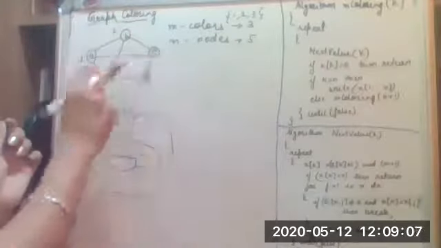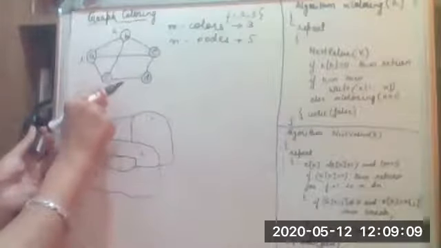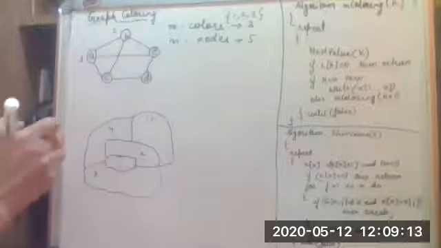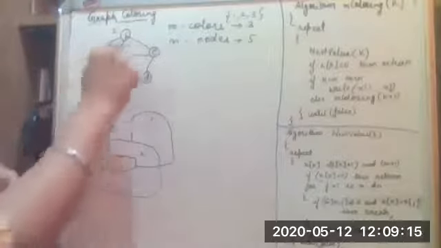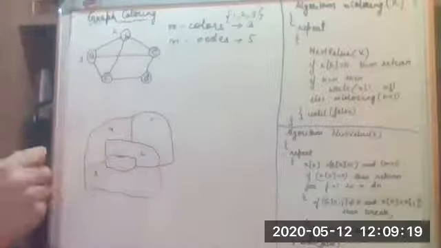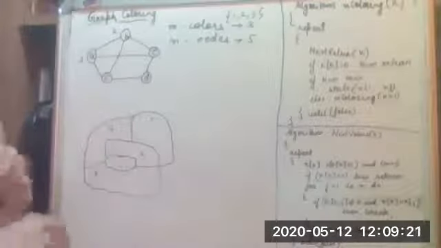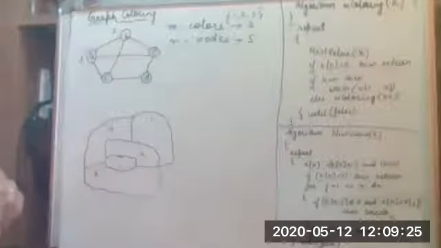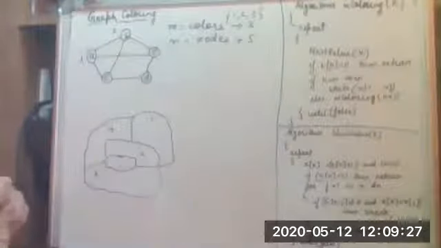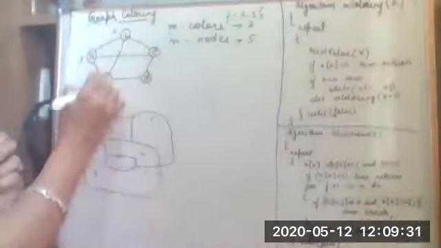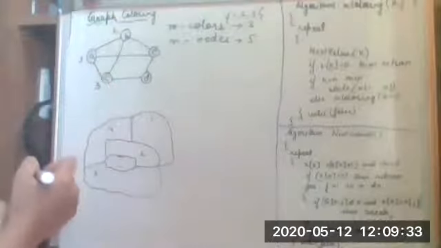Then we have to give the color to node C. Now node C is a neighboring node to A and B. That means it is connected to A and B. And in that case, we cannot color C as either 1 or 2 because then the condition that we have will not be fulfilling. So in that case, we have to color it as the third color.